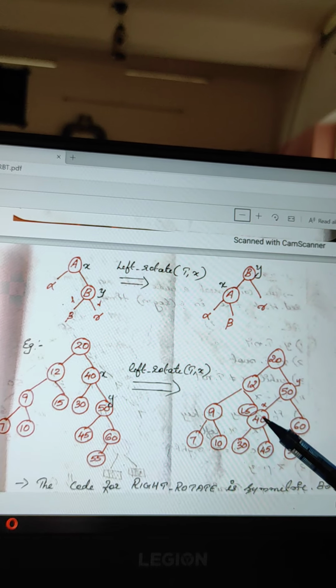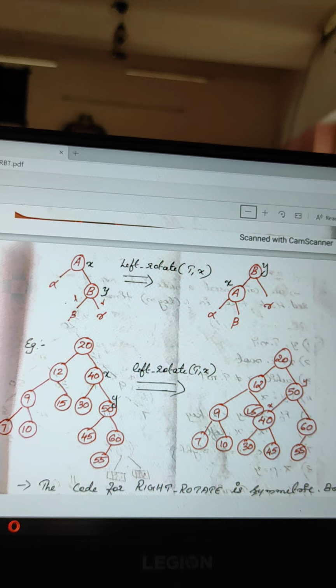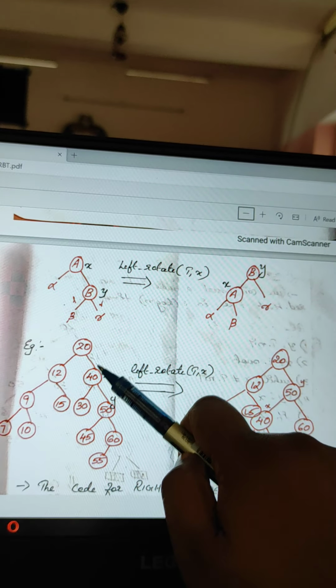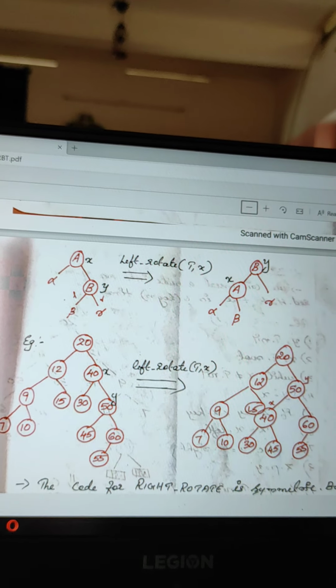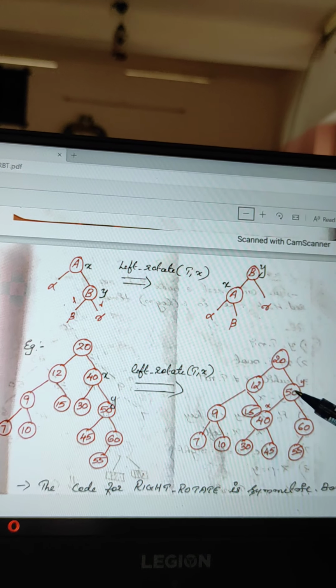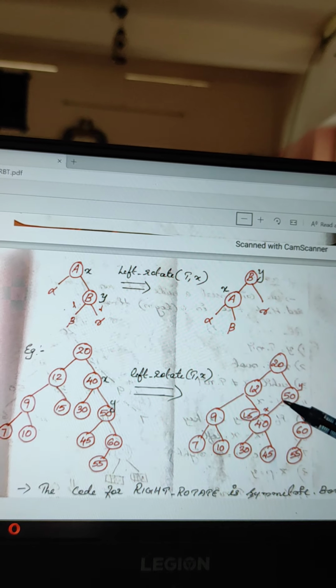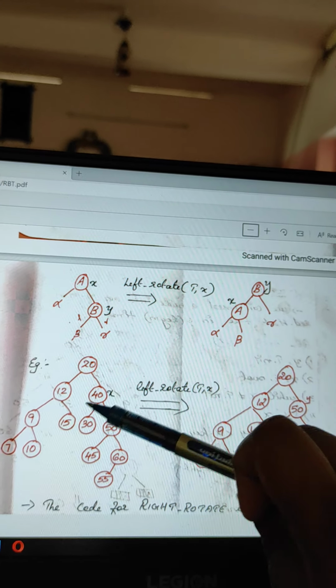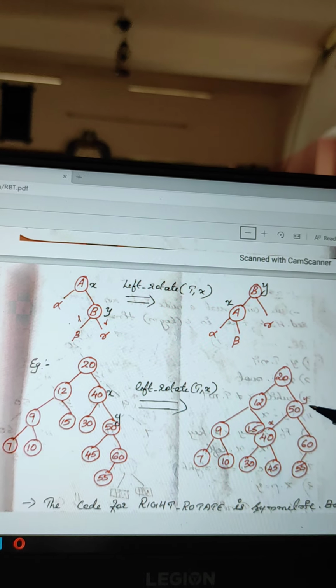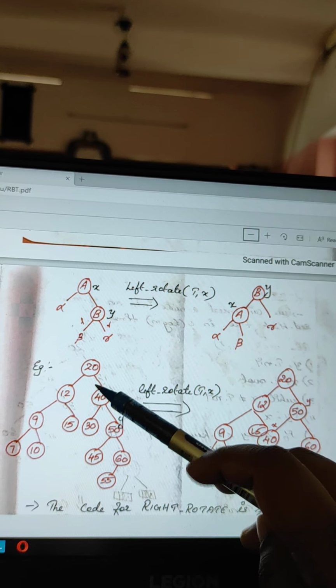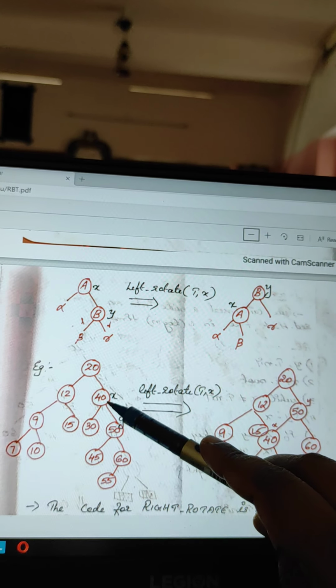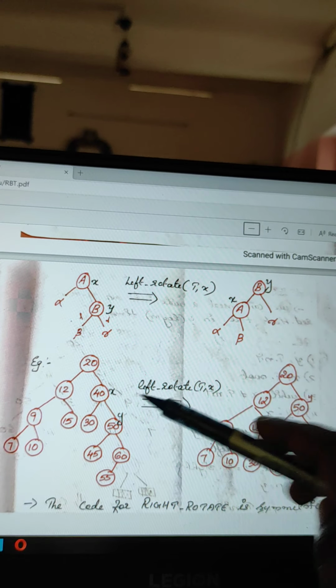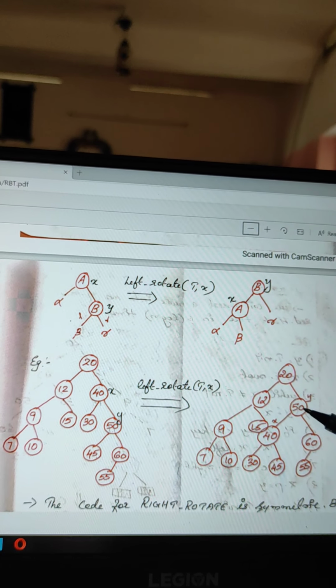That we change. Then we check if x has any parent node or not. If x has a parent node, it will automatically become the parent of y. If there is no parent node for x, y will be the root node. Here in this question, x has a parent node, so we change the parent node of y to x's parent node.